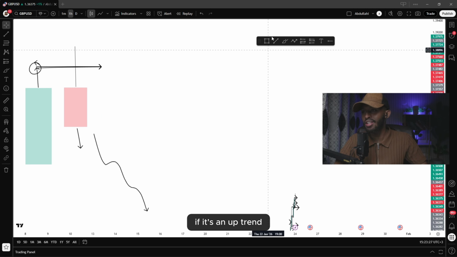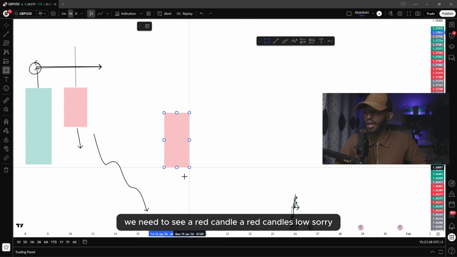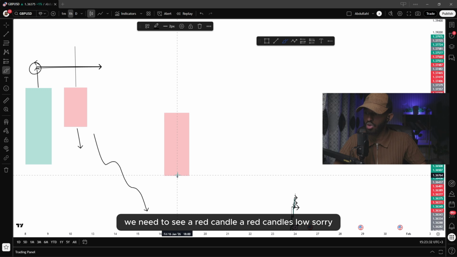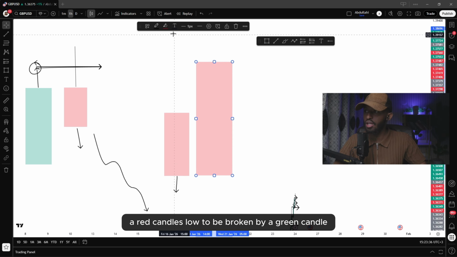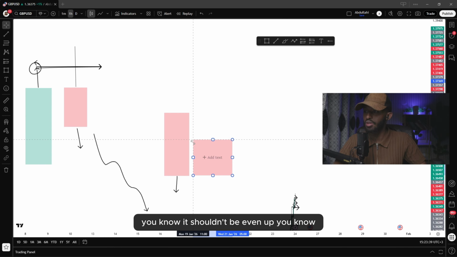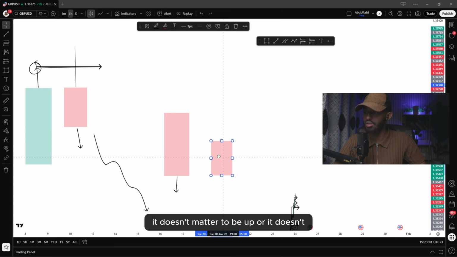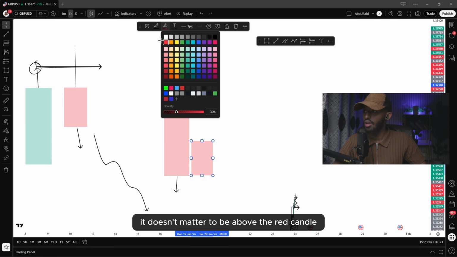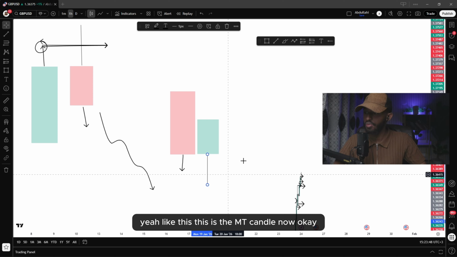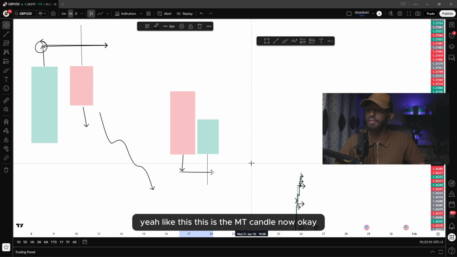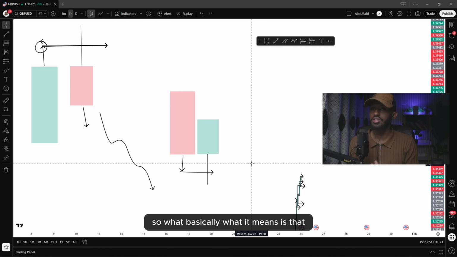And vice versa. If it's an uptrend, we need to see a red candle's low broken by a green candle. It shouldn't even be up. It doesn't matter if it's above the red candle, but what we want is the empty candle, right? Like this is the empty candle now. Okay, so what it means is that